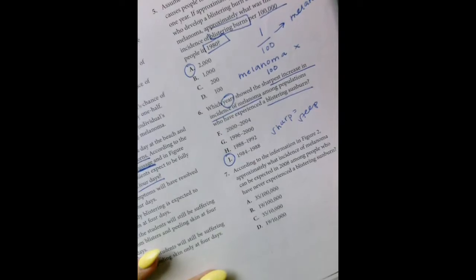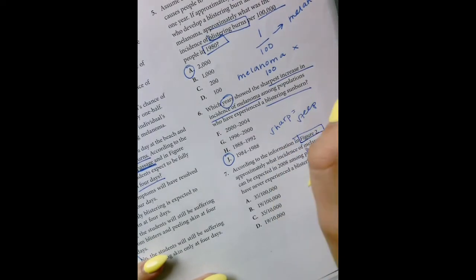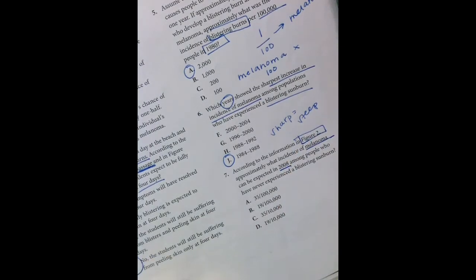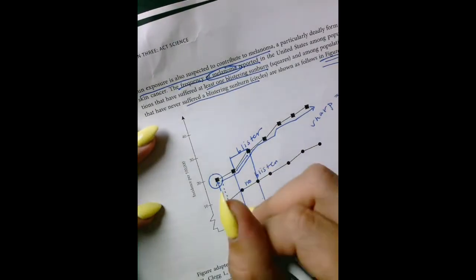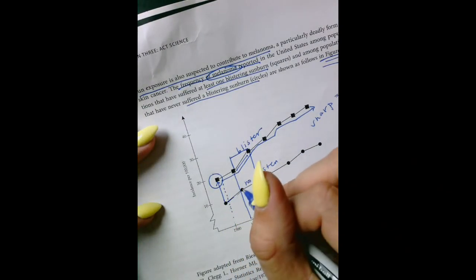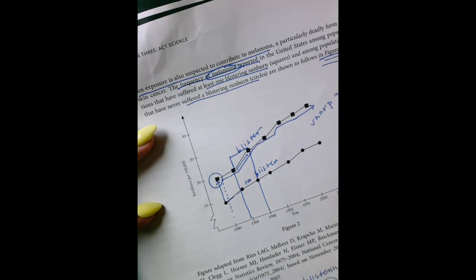Alright, last question. According to the information in figure 2, so that's my locator, approximately what incidence of melanoma can be expected in 2008 among people who have never experienced a blistering sunburn? So this is going to be one of those interpolate extrapolate problems. IOD 404, if you will. So we have 2008. So what's the general trend here? We went from like 10 to like maybe 11 to 12 to 12.5 to 13